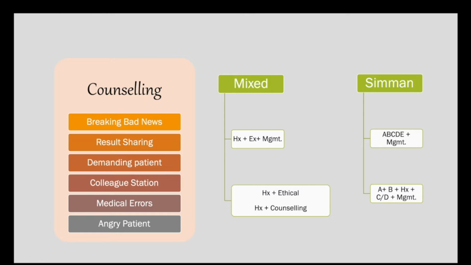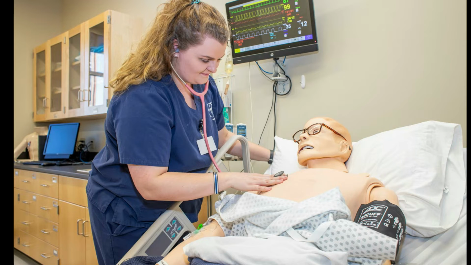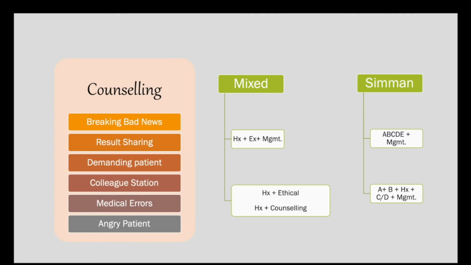The second kind of Simman station is where the patient is not very acutely ill. When you enter the station, the patient is alert, the AVPU score is good, and the airway is patent because the patient will be talking to you. You check the monitor and all the vitals are stable. But as you start taking the history, the patient will desaturate and the vitals will go wrong. It could be his heart rate, ECG, BP, or oxygen saturation. When anything happens, you again start the ABCDE protocol and keep managing the patient, making sure the patient is alive till the end of the station.